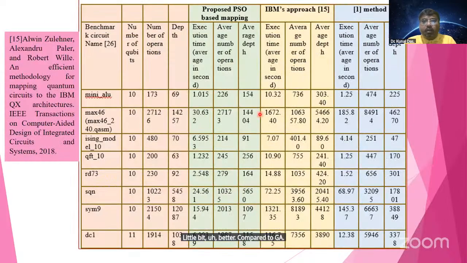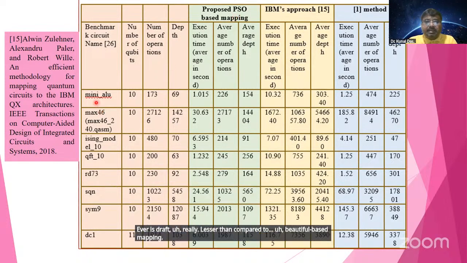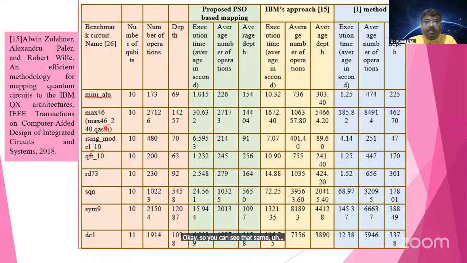Now we have compared, very interestingly, the proposed model with the IBM approach as well. For the transpiler used in IBM, which are reported here, we can see the execution time, average number of operations, and average depth are really lesser compared to PSO based mapping. Okay, so you can see that the same benchmark circuits we have used, mini ALU, then the 10 number of qubits